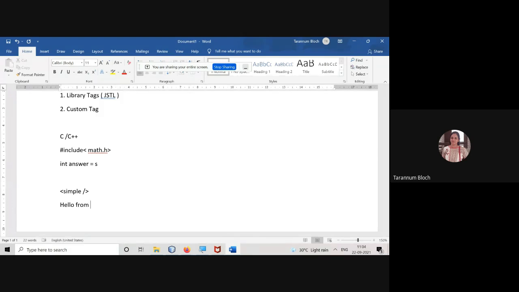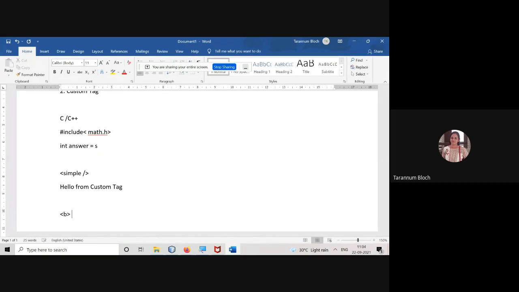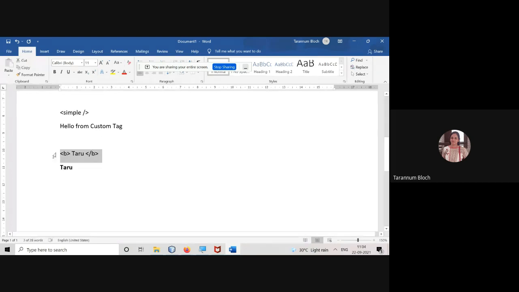You know very well, when you write B and write certain text in it, it will be in bold. If you have applied italic, fine. And if you are using U, that is for underline, it will give you the underline in your text.